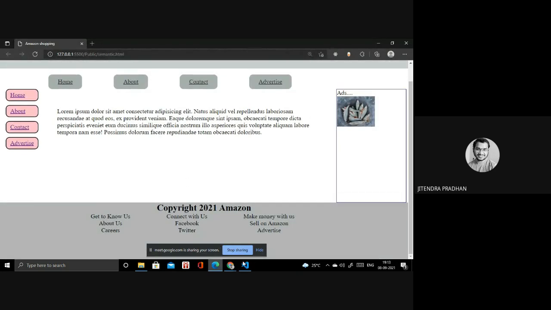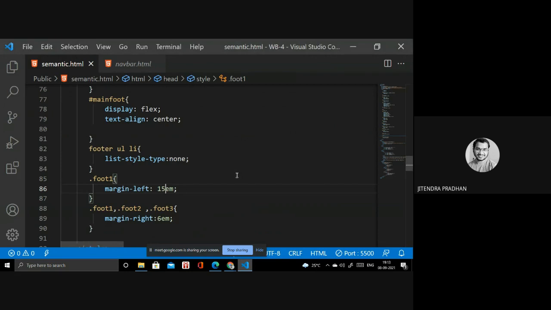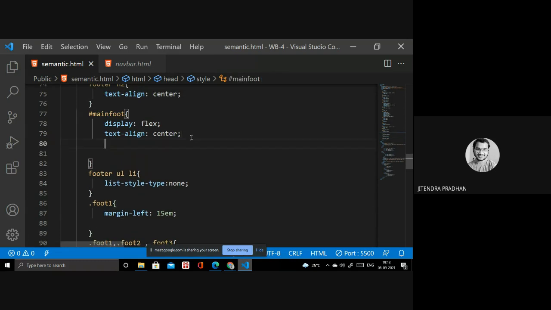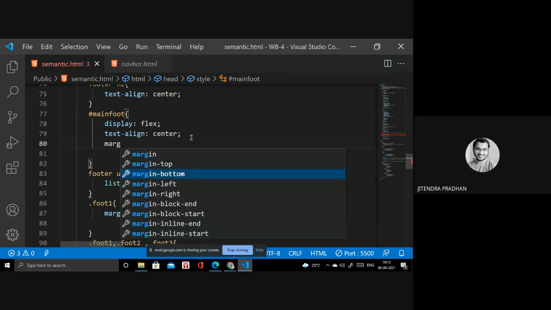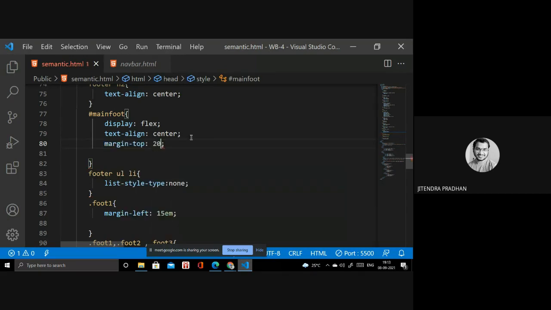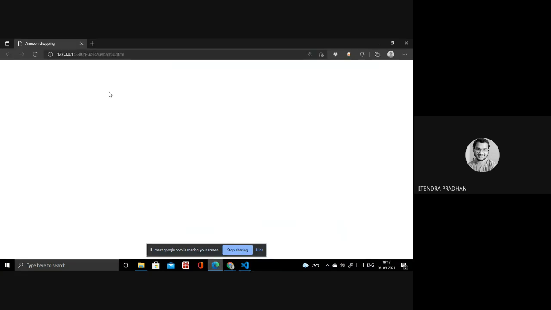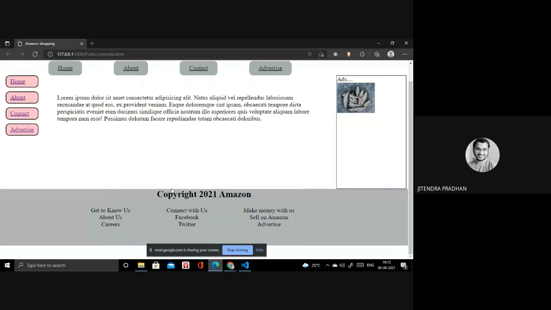Okay, if you require something below that, then you have to use margin inside. I think footer, not footer. You have to write inside that margin bottom or top. You have to give top 20 pixel. Okay, looks better now.